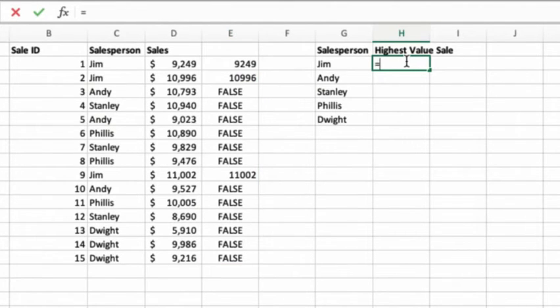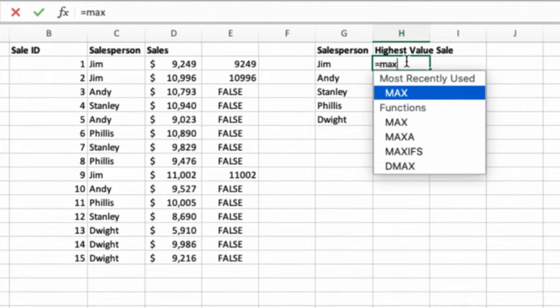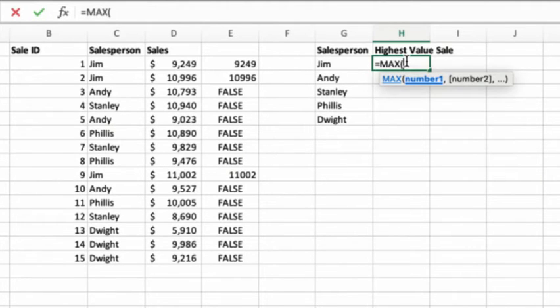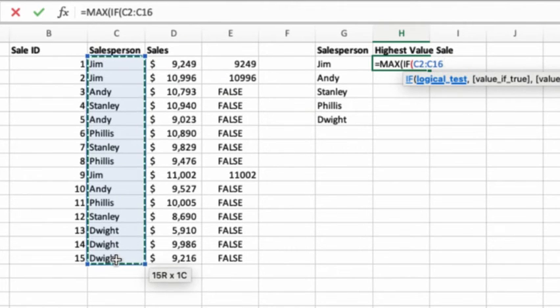The first thing is I want to take the maximum value of the resulting array, and the array I would like to receive by using the IF condition. So IF, now in the logical test, I would like to give the entire array instead of a single value. So C2 to C16.